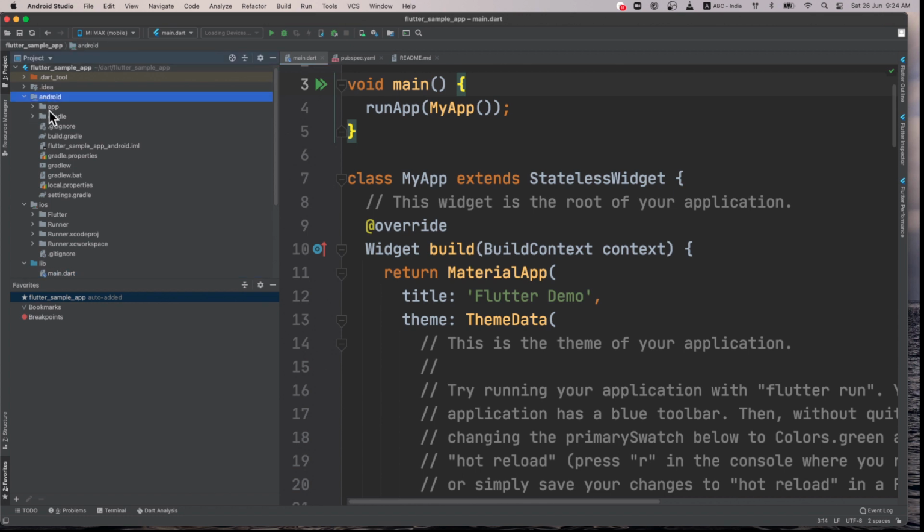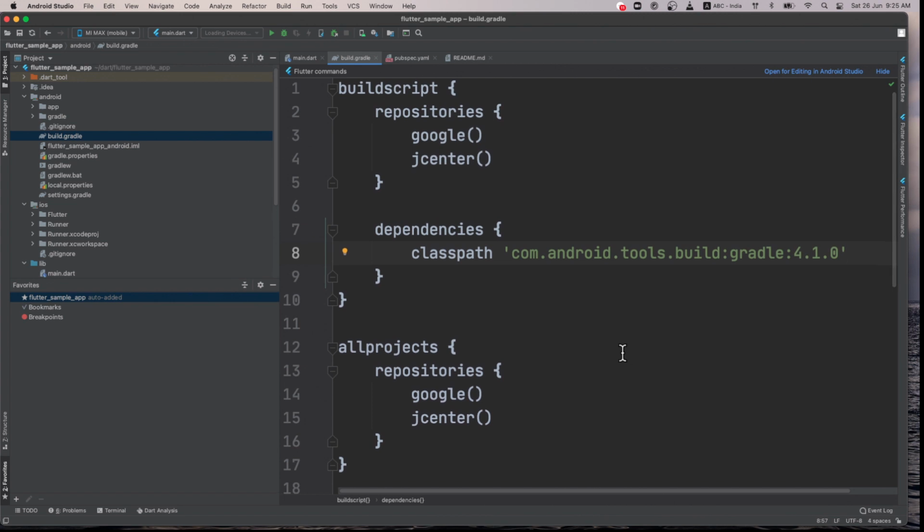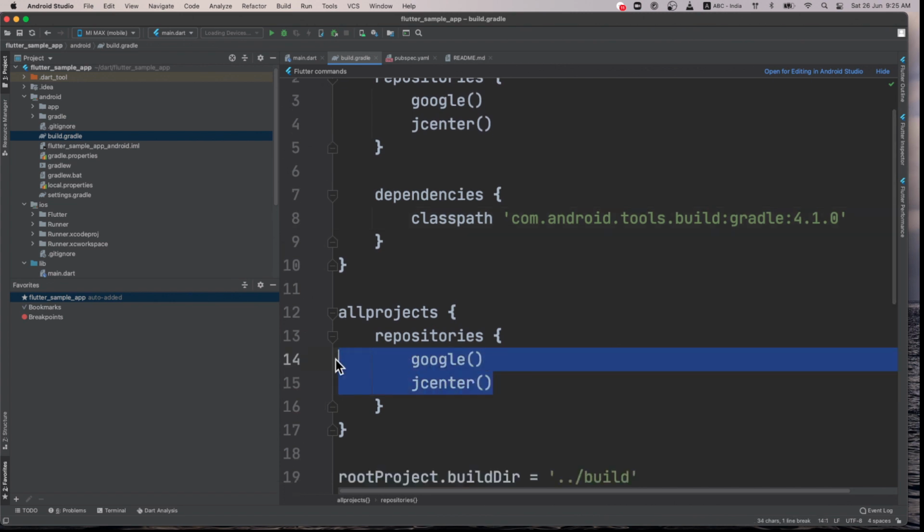In Android, one very important file is build.gradle. This defines what kind of system it will be using, and from where it needs to download files. So here you see the class path. This is a Gradle system. So in Android we build the files using the Gradle build system. Okay, and these are the repositories from where you can download the dependencies. Now this Gradle build system requires a Gradle folder, in which it will have its own dependencies.